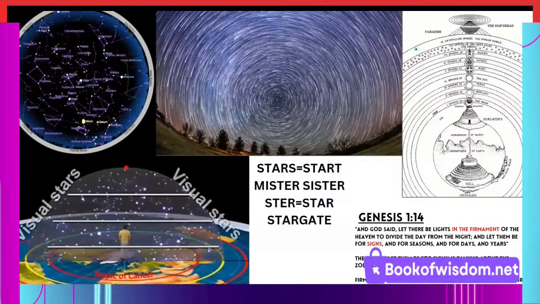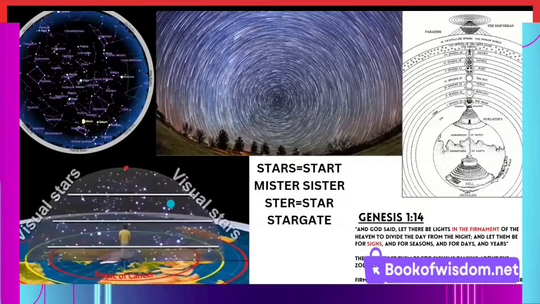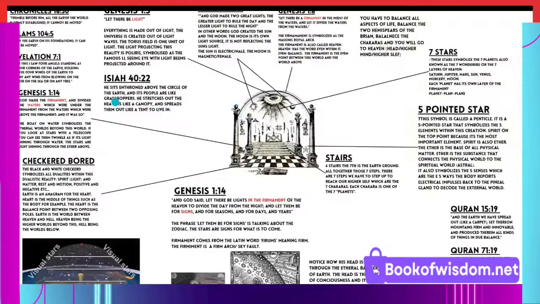We are a star in a physical body. This is why we say Mister, sister: stir equals star. The E and the A are interchangeable. We are stars, and the stars are the start of our incarnation. We start in the stars, same root word, and we descend through the seven energies, which are our seven chakras. Then we enter the heart of the soul system. The heart rearranged spells Earth. And this is the true cosmology.